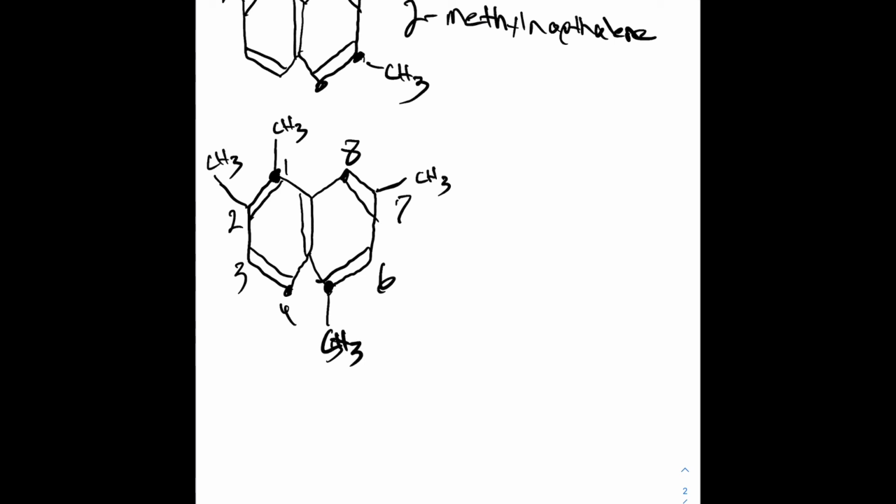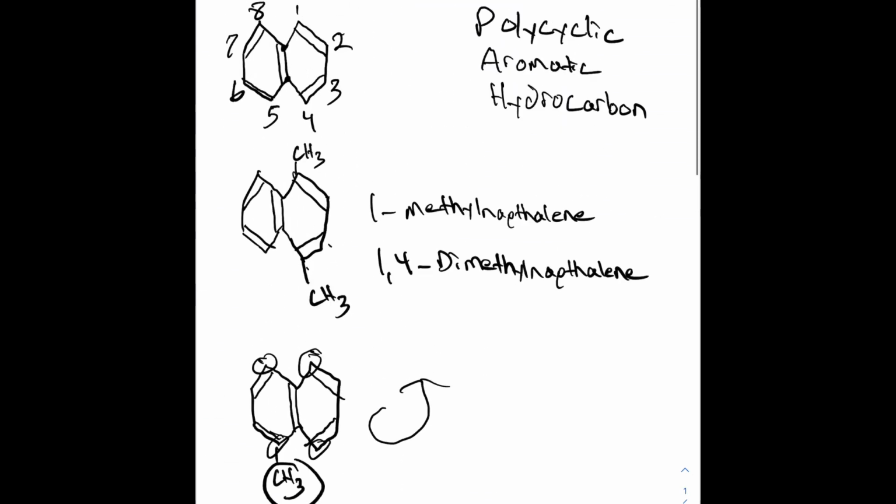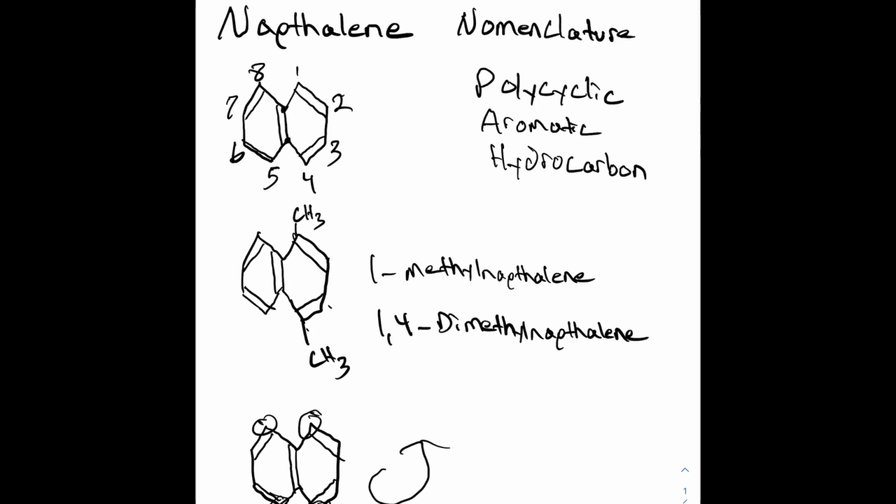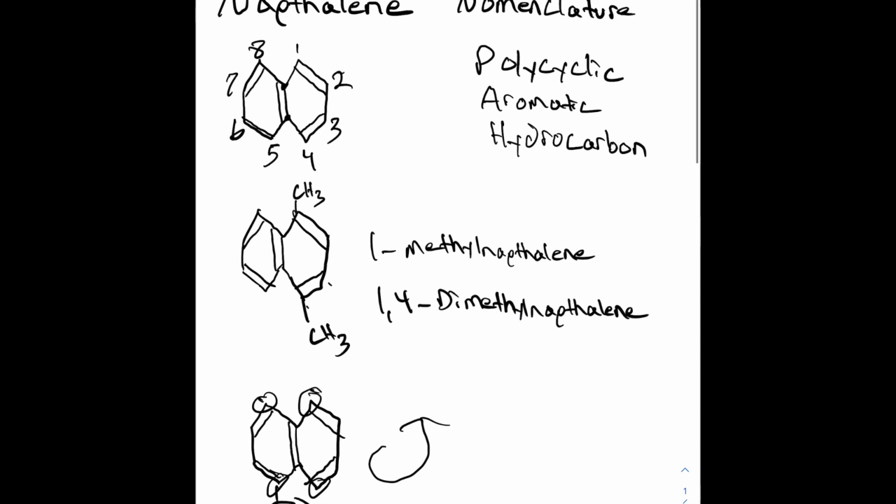So we would name this 1, 2, 5, 7-tetramethyl naphthalene. Okay, so just know when you're doing naphthalene, this basic polycyclic aromatic hydrocarbon here, the numbering system is going to be like this,